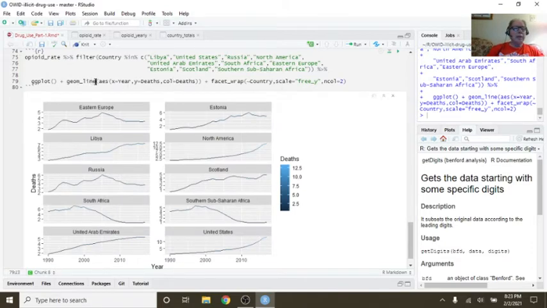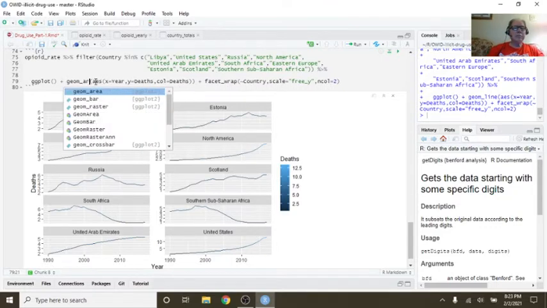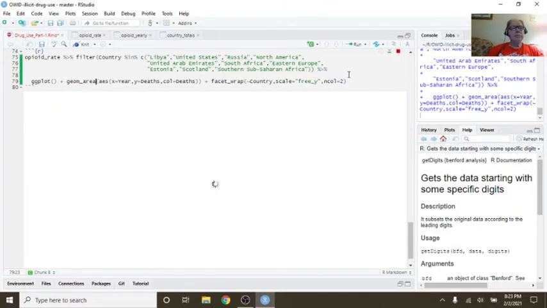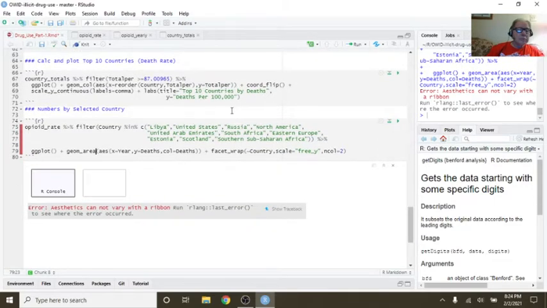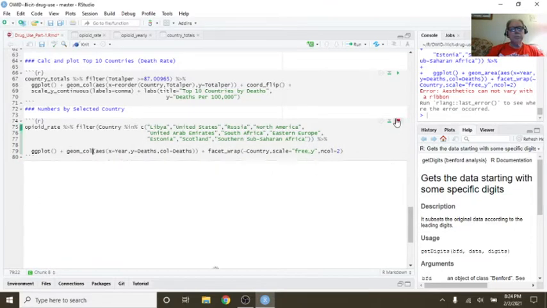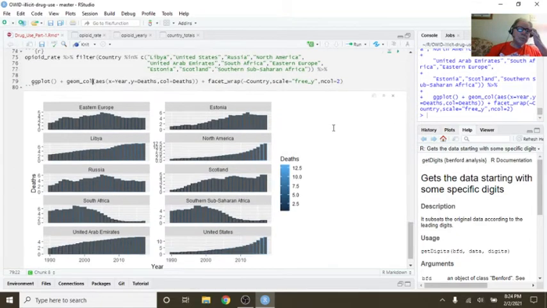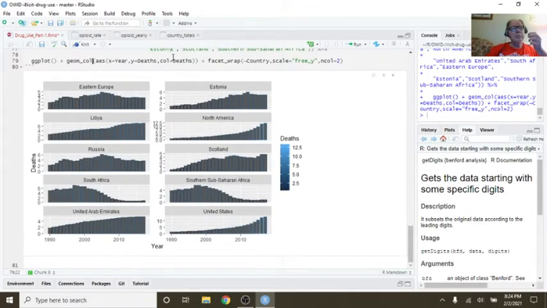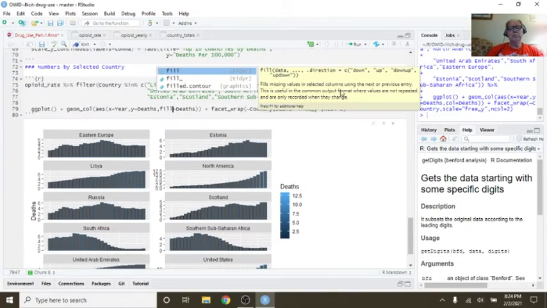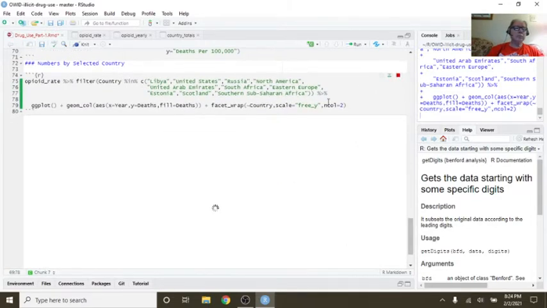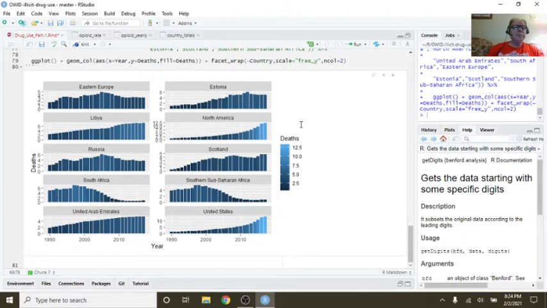Let's just make this an area. I always like areas. Okay. So that doesn't look too bad.